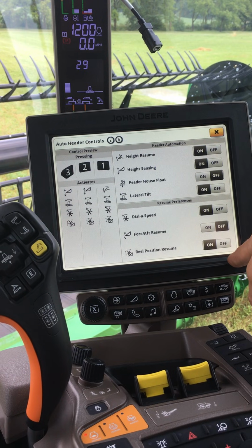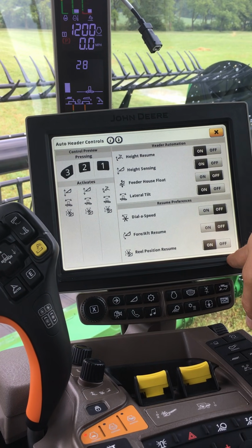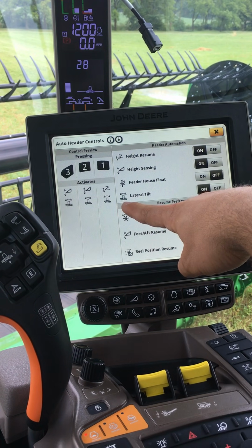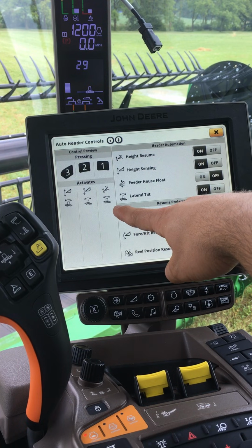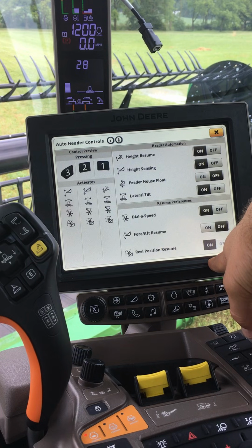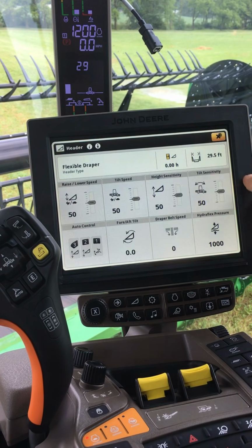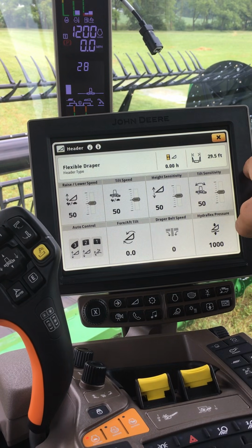If you do not wish to have dial a speed reel turned on, simply turn off. Same thing with reel position resume. You can see on the left side of the screen my icons have turned off as well. Once my header settings are properly set up,